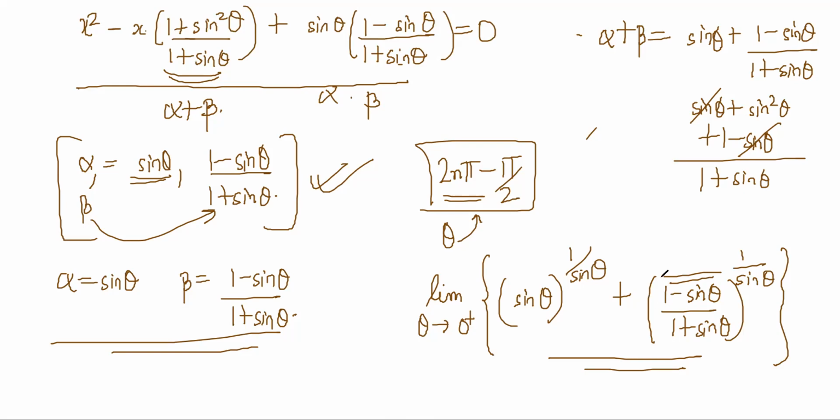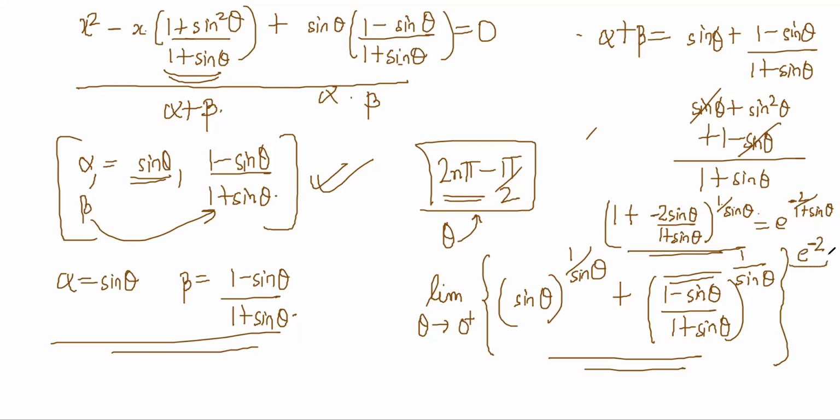So you can express it as 1 plus something 0, to the power infinity. So that can be written as 1 plus sine theta minus 2 sine theta, right? So the zero function is minus 2 sine theta by 1 plus sine theta, right? 1 plus this to the power, right? So the answer will be e power this into this. So that will become e power minus 2 by 1 plus sine theta, limit as theta tends to 0. E power minus 2 is the limit of this part.